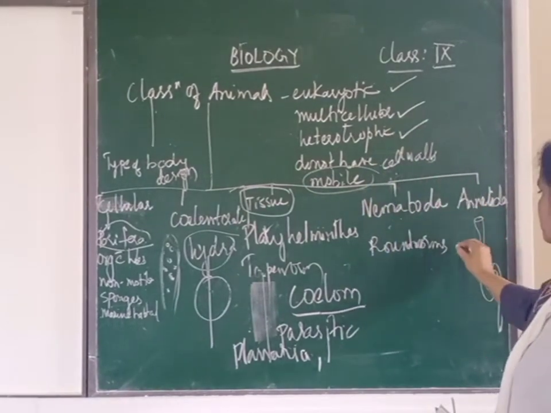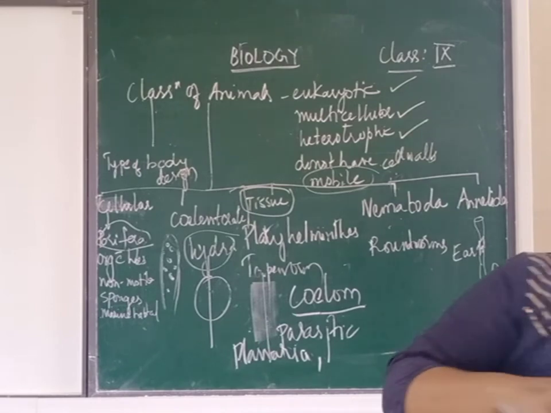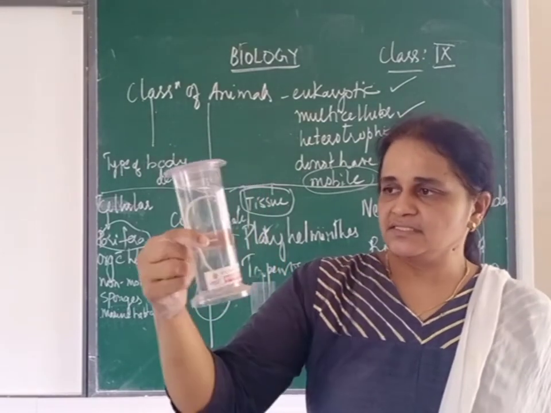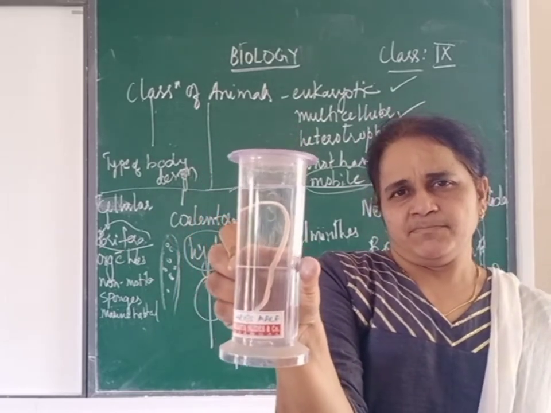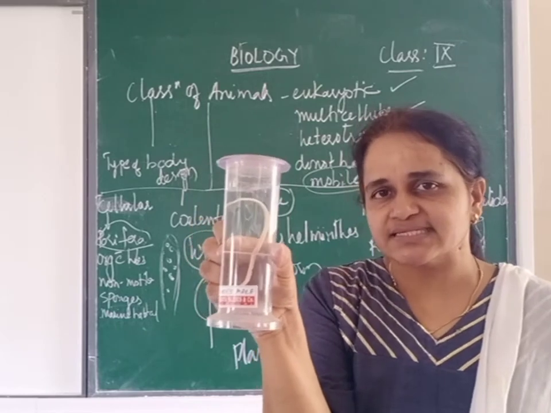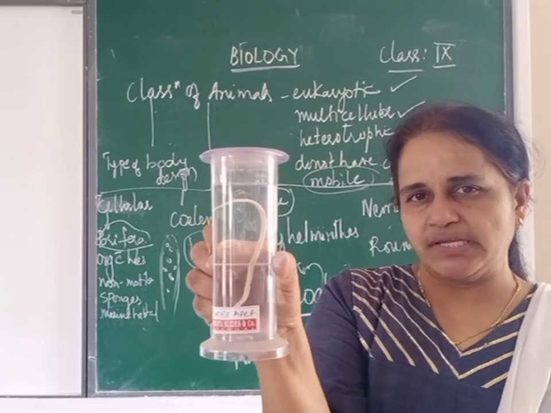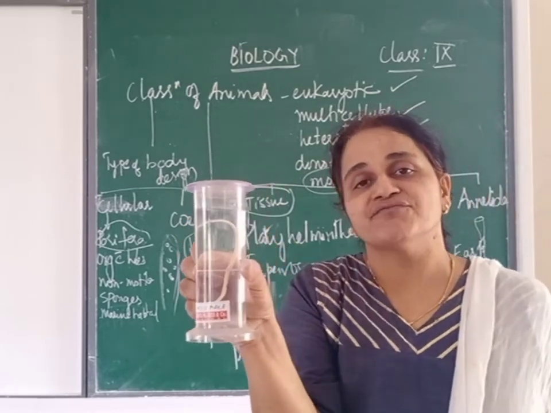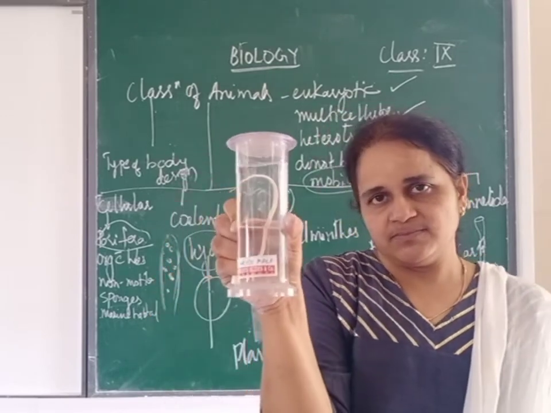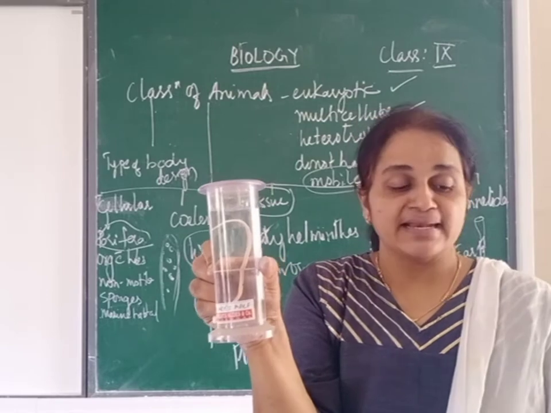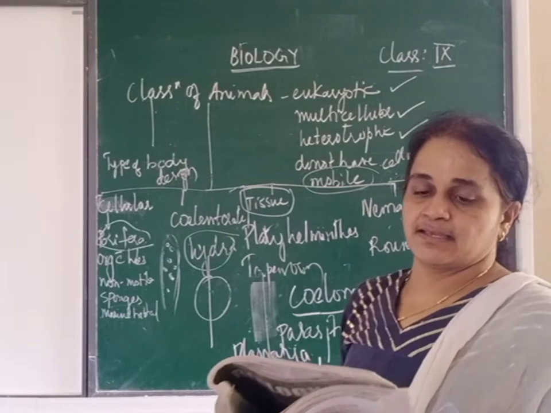So not only earthworm, leeches also are an example. Earthworm and leeches. So the scientific name of earthworm is Ascaris. See, this is the specimen of earthworm. During rainy seasons you can see this Ascaris or earthworm in marshy soils. So this helps in the burrowing of the soil. So they are called the friends of the farmer. So earthworm belongs to which group? Annelida.